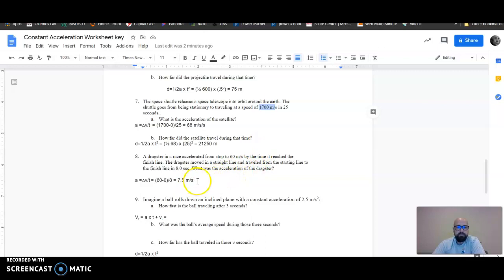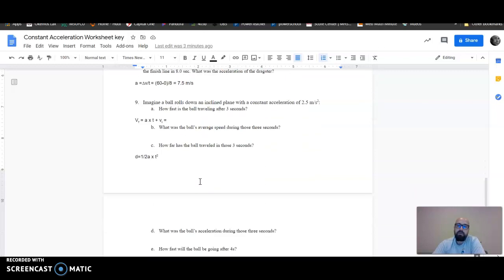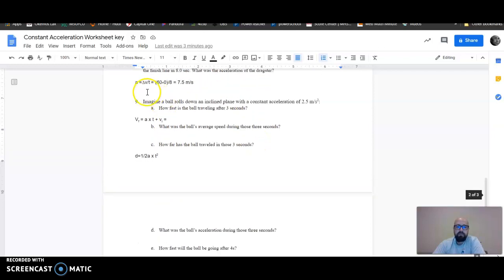Let's see here. Then we got to number 9. And so number 9 we've talked about in class. So I put equations here to get you to the answer. I actually prefer you to think of, if you can think of 9 more conceptually, where we did in class,